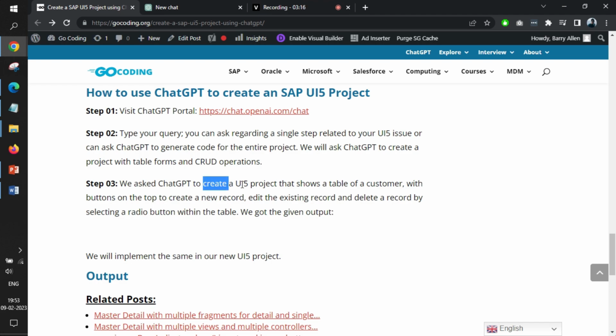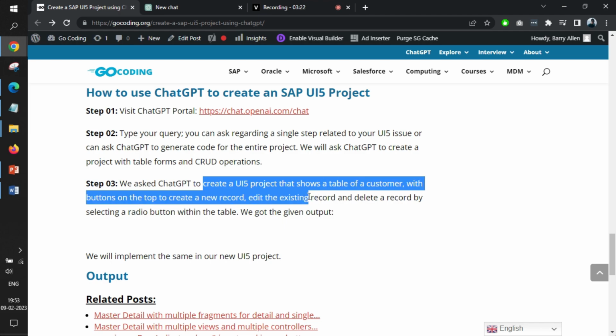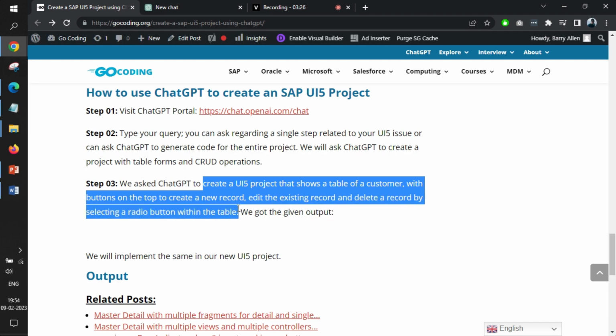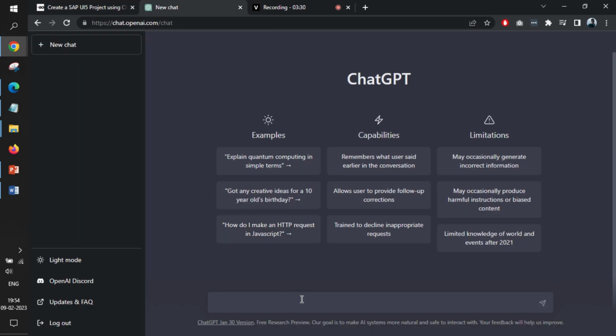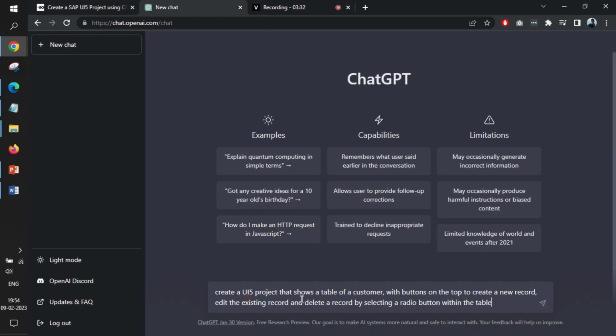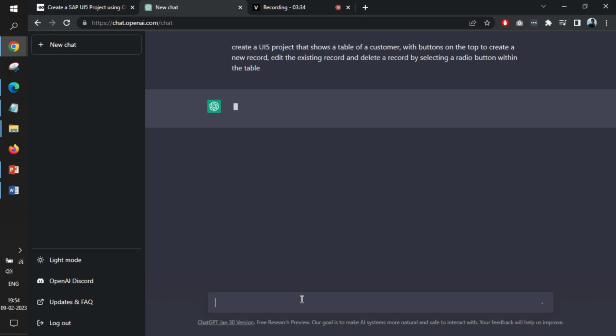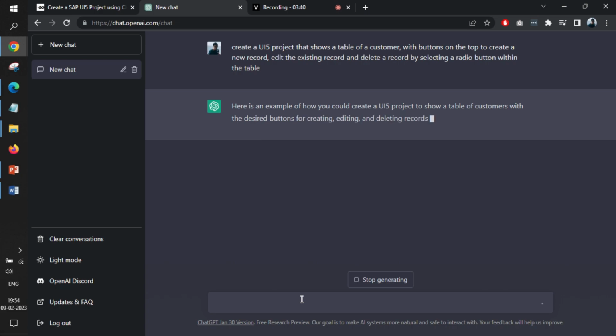So we'll ask ChatGPT to create a UI5 project that shows a table of customers with a button on the top to create a new record, edit the existing record, and delete a record by selecting a radio button within the table. If you are descriptive in your question, ChatGPT will be able to answer that question better. So we'll just drop this question to ChatGPT and we'll wait for the generation of the answer. So meanwhile, it generates the answer,